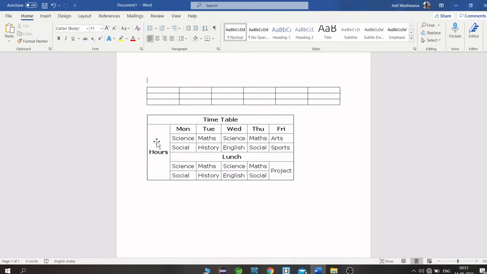Today we are going to create this table using HTML. First of all, we need to know how it works. The tables in HTML work in the form of rows. For example, first we enter the data in the first row, then in the second, and then in the third.